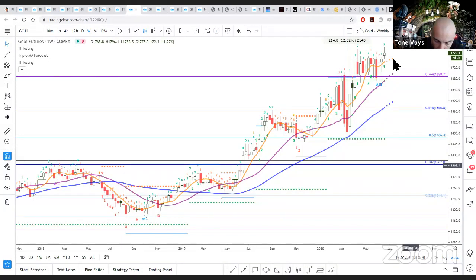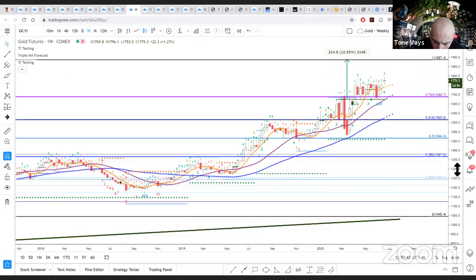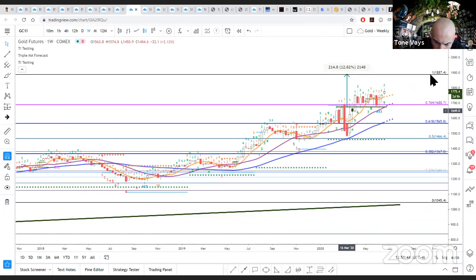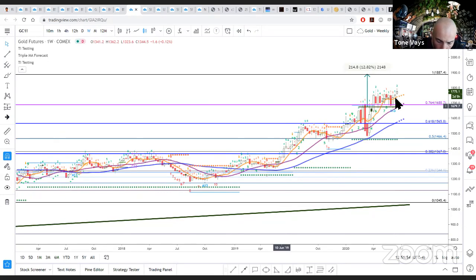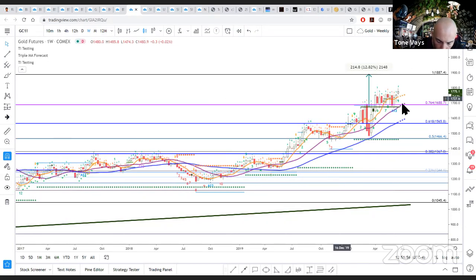The moving averages are incredible. Everything is bullish. We are above all Fibonacci lines. And I am still waiting for that target. The target off the daily head and shoulders is pointing literally into the old all-time high, or just under that. So here we are. I do think gold can swing to new all-time highs.